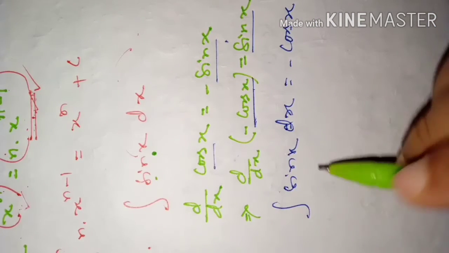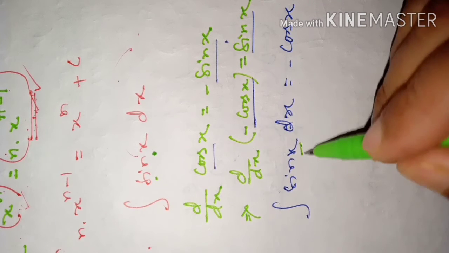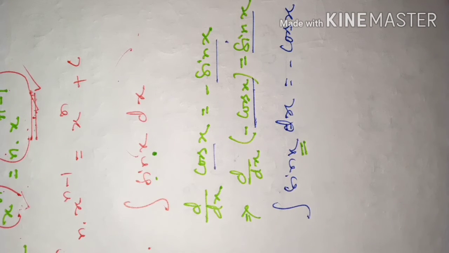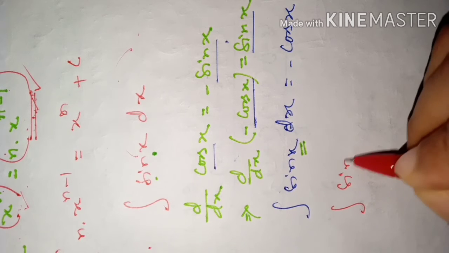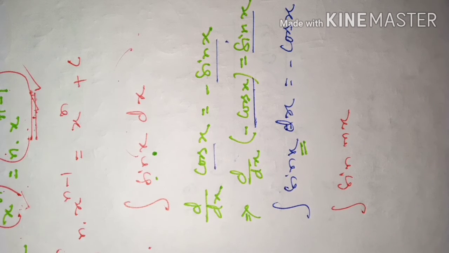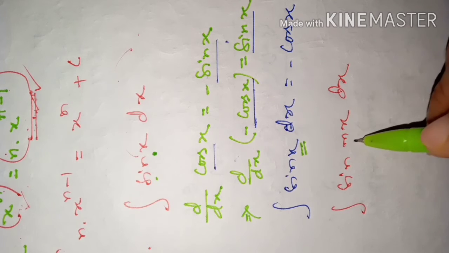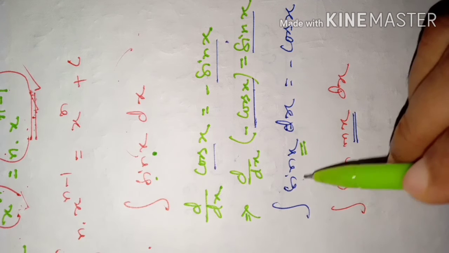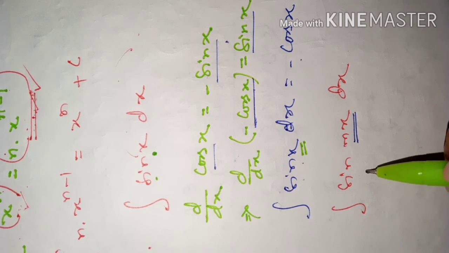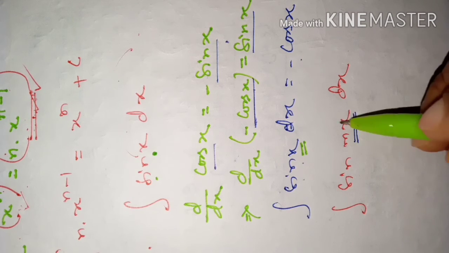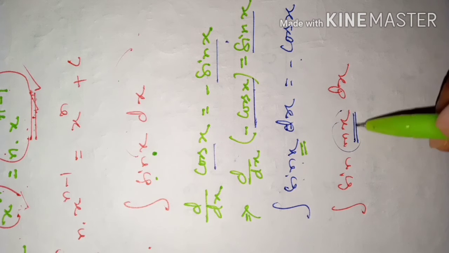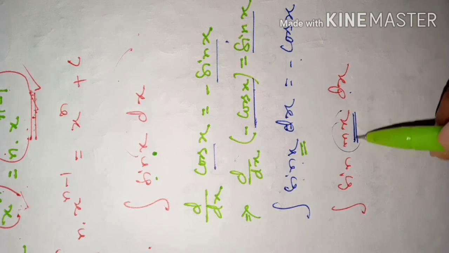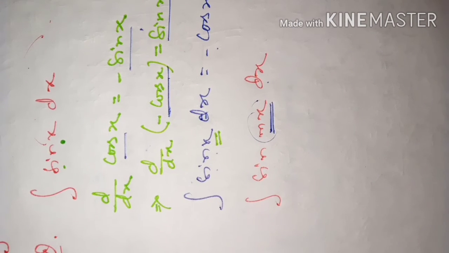Now, dear students, suppose sin x is not given. Suppose it is something like this: integration of sin mx, m into x. M is a scalar quantity. If you have to take the antiderivative of sin mx, you know integration of sin x is minus cos x. Here also you could write minus cos of this whole thing. But what will happen to this? Because it is with respect to x, but this variable is m times x. So in that situation, the variable can be changed.